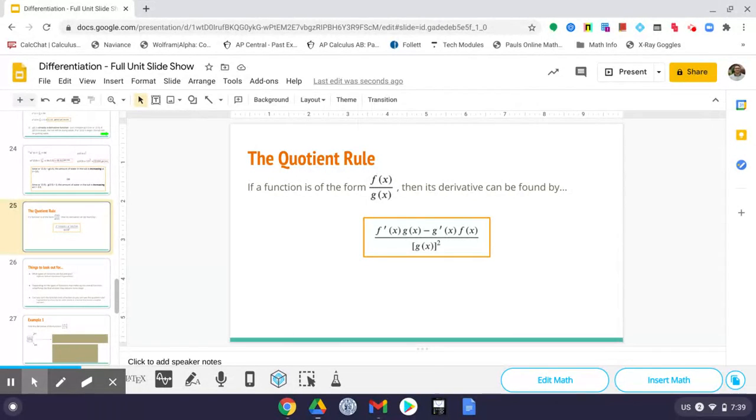The product rule was not, I wouldn't say simple or anything of that sort, but maybe just a little bit more straightforward and kind of less to remember. And so this one, while it does have a couple of extra parts and some things I'm going to want to point out for you in just a second, it's actually not too bad, especially if you compare it to the product rule, because what we see is that the numerator, f prime of x g of x minus g prime x f of x, is almost exactly the same as the product rule, except we